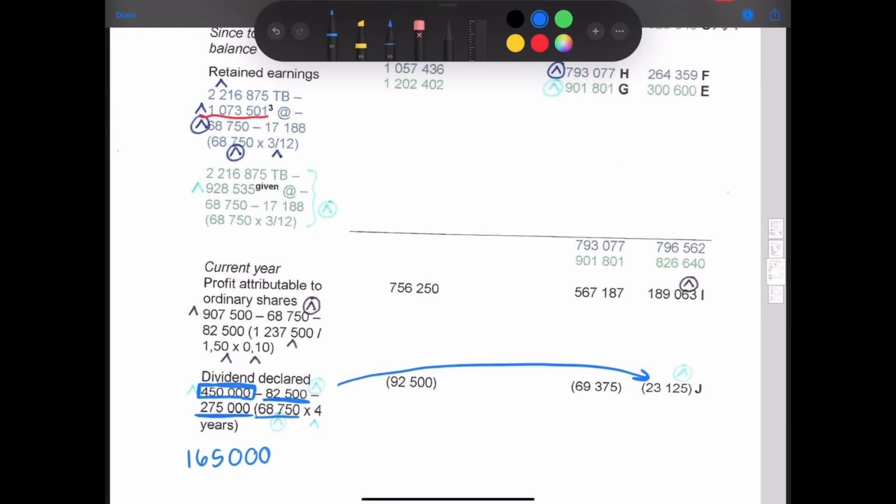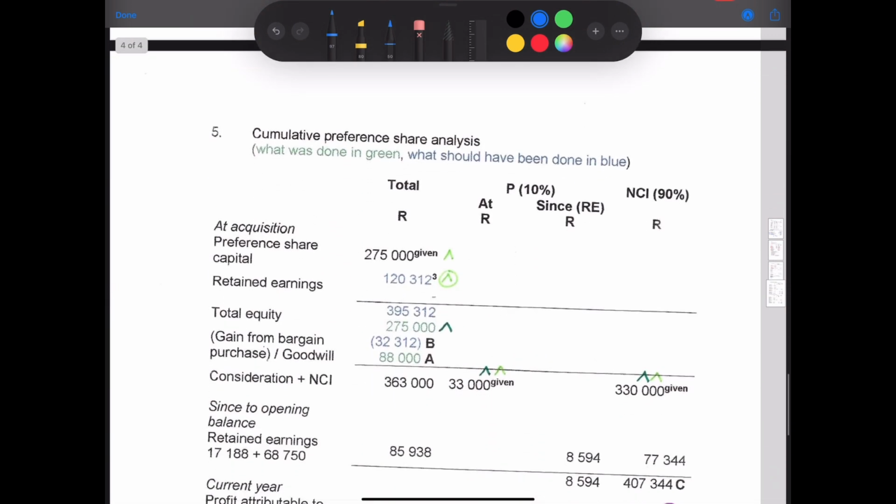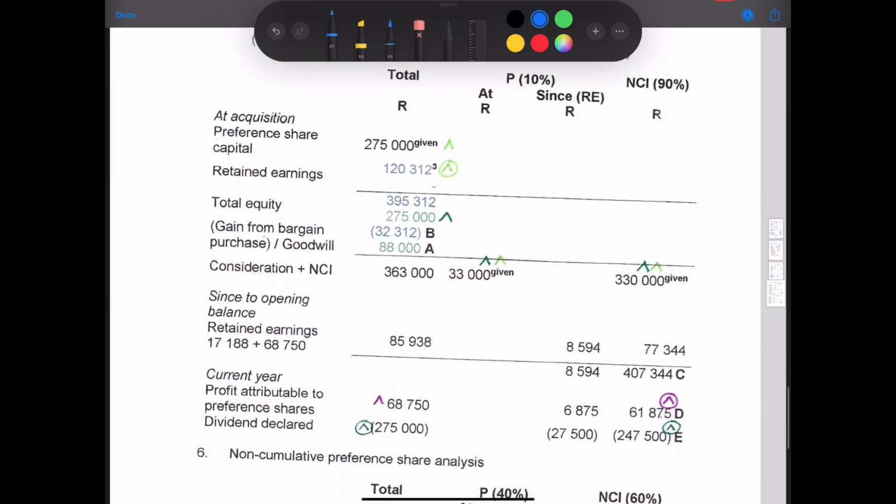The cumulative preference dividends were in arrears for 4 years, and that is why you multiplied the cumulative preference dividends for 1 year with 4 years to get your dividends declared for the cumulative preference dividends. And that is also why in your cumulative preference share analysis, you used the 275,000, which is the 4 times the